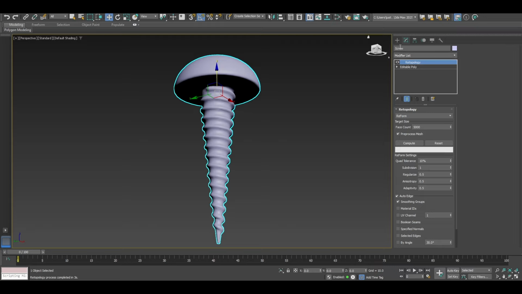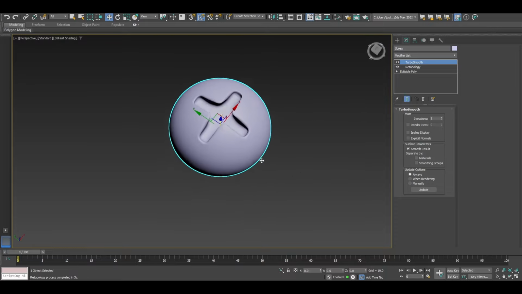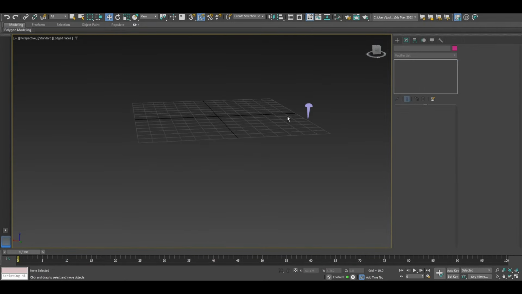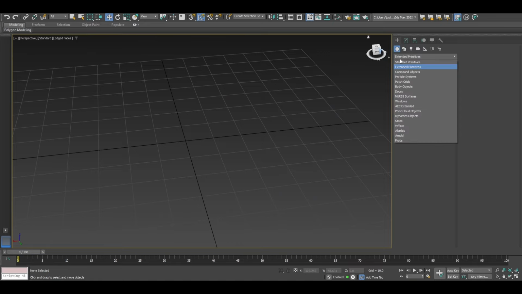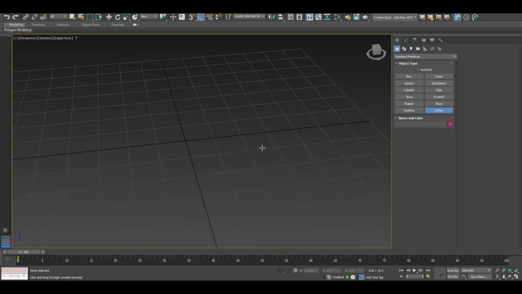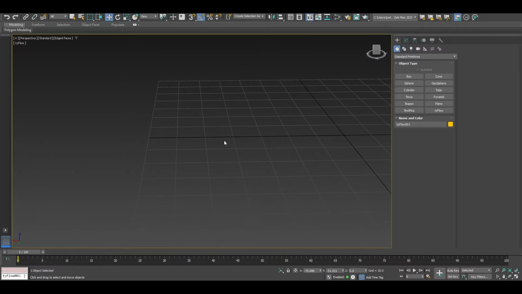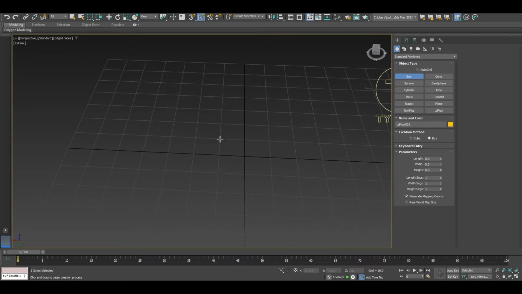But right now, if we want, we can just go in and add a turbo smooth, and that will kind of clean up everything here. So that actually looks pretty good. Okay, this will work. We'll just throw it to the side here, and now we will bring in our Tyflow. We're going to use Tyflow to give us a nice way to build up and bundle up a bunch of these screws together so we can make this cool render. So I'm going to use Tyflow and just go in, and now let's create a box